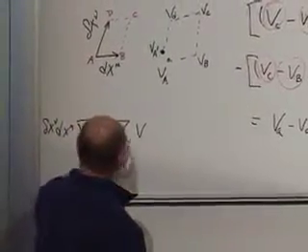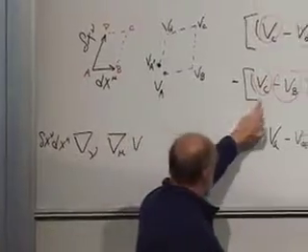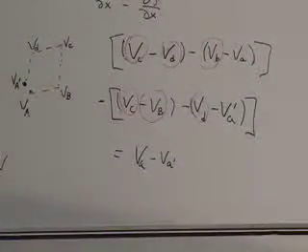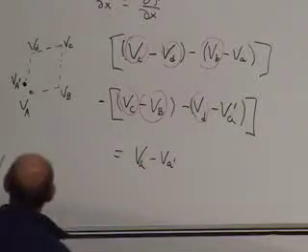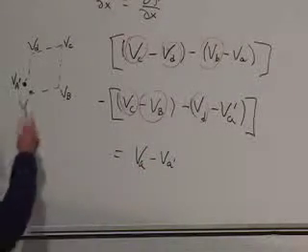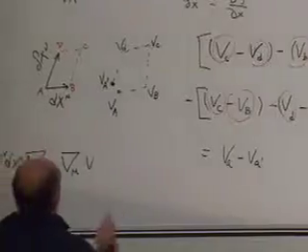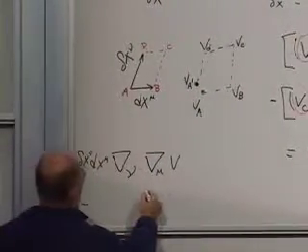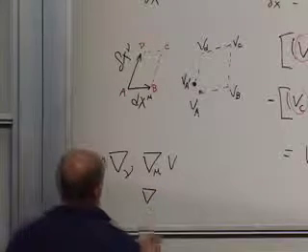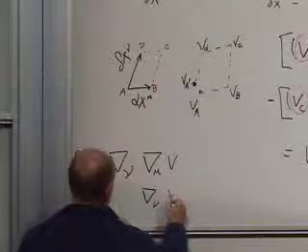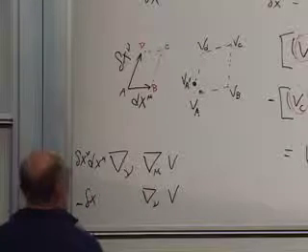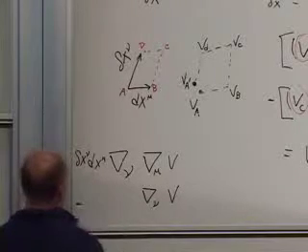Let's just look at it. What's the first thing here? We're subtracting. This is VC minus VB. VC minus VB is the derivative with respect to the vertical axis. So that's ∇_ν V times δx^ν,